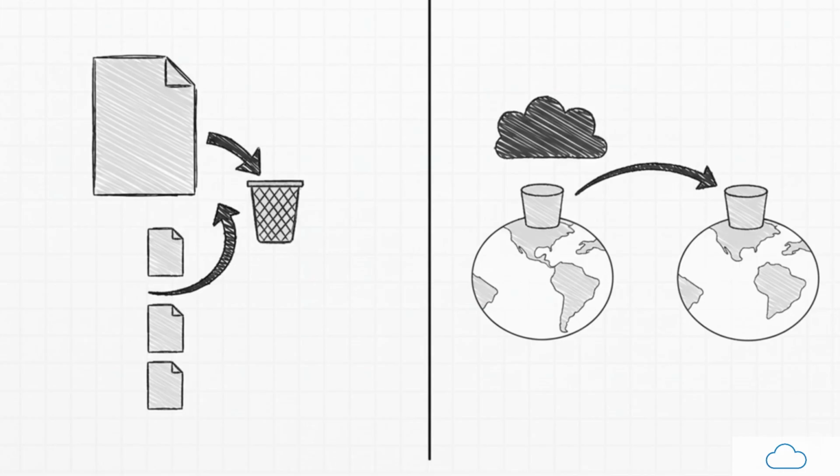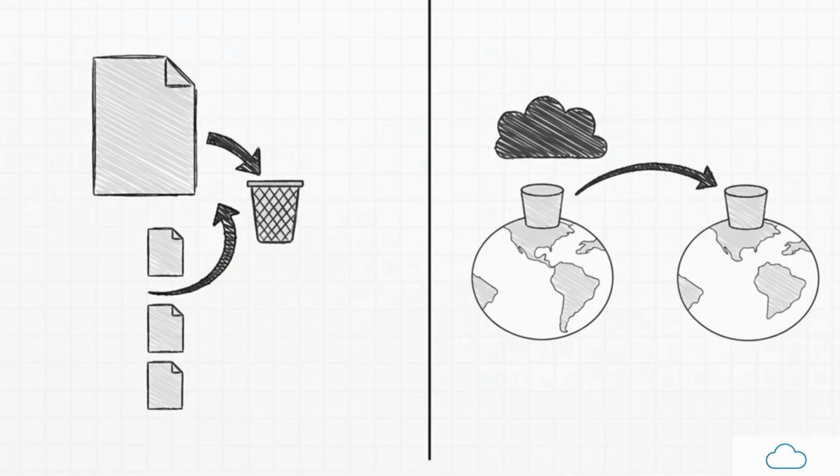For the exam, there are two S3 features that are just paramount for resilience. First is versioning. Think of this as your ultimate undo button. If someone accidentally deletes a critical file, no sweat, you just restore the previous version. Then you have cross-region replication. This is for your big, scary, large-scale disaster recovery. If an entire AWS region has a major problem, you have a complete copy of your data ready to go